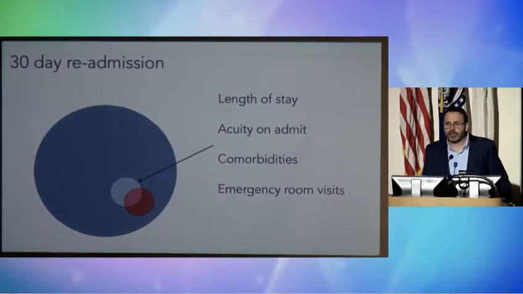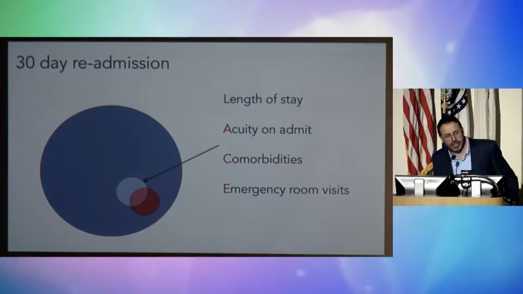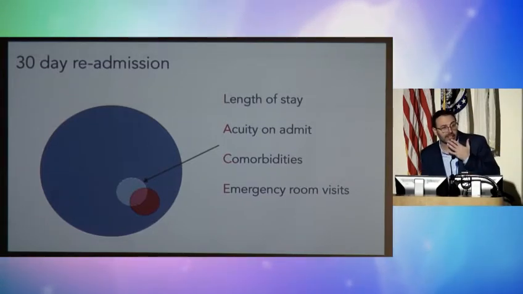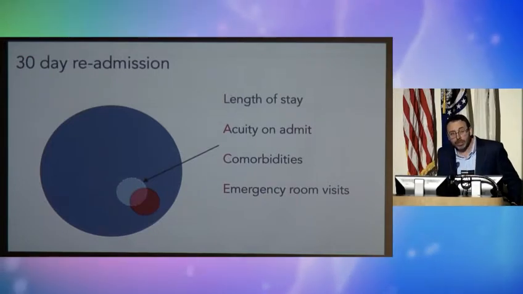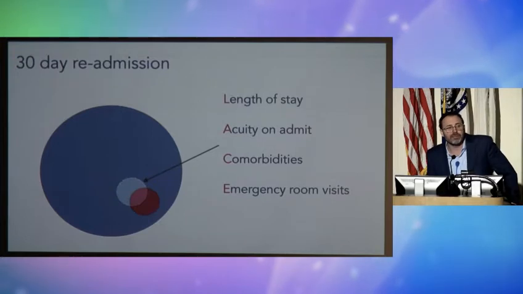So here's what we do in healthcare. You're held accountable to 30-day readmissions and use some kind of risk scoring system to figure out who is likely to be readmitted in 30 days. So a third party dictates the metric. We then use claims only, and we look for length of stay, acuity on admit, comorbidities, emergency room visits. We find the sickest of the sick that our doctors already knew about, and we bring them to our attention